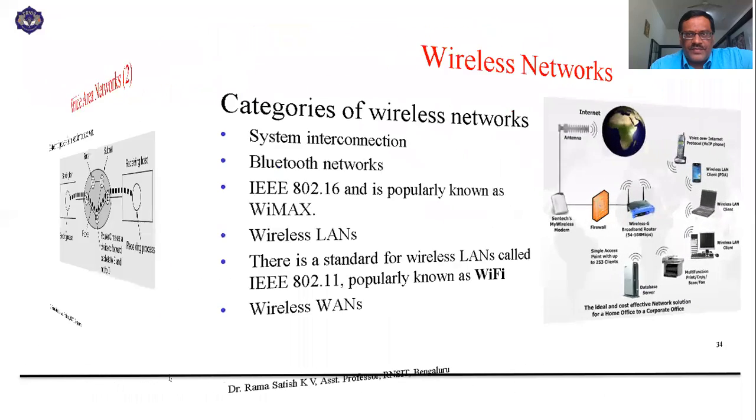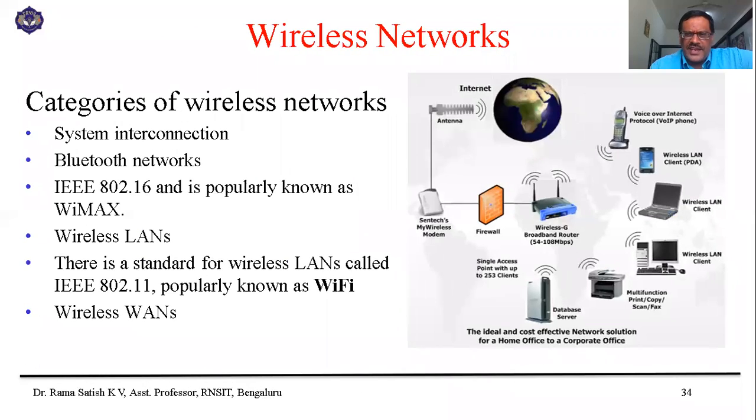And further, another very interesting network, which we are all passionate about, is the wireless network. Wireless has two types. Wi-Fi is limited to some 100 meters. Whereas Wi-Max is limited to 1 or 2 kilometers, so Wi-Max is very big. 802.11 is Wi-Fi, and 802.16 is Wi-Max. So with wireless, you can get network across various